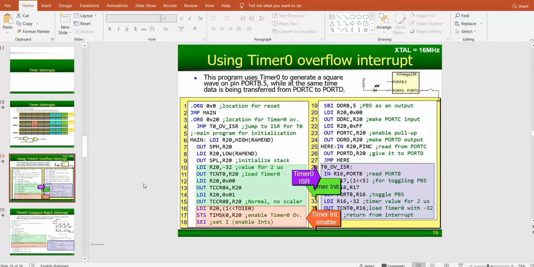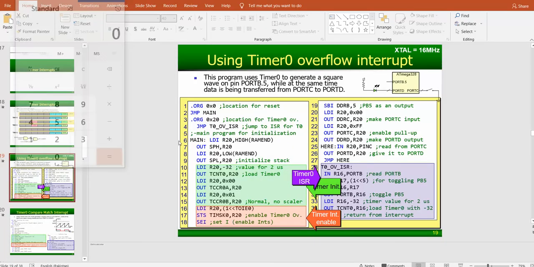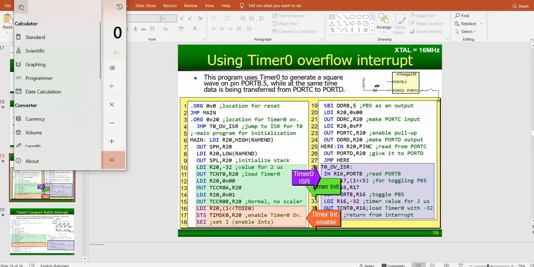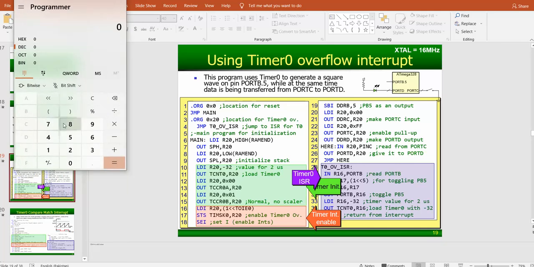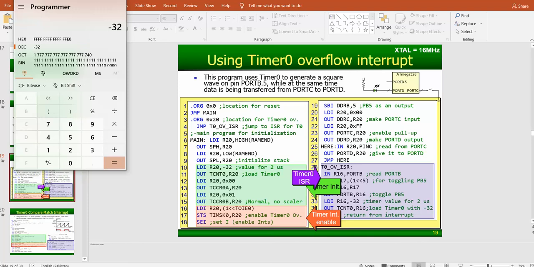I'll tell you. This -32 is actually, if you can put it in hex, 32 negative. In hex, it's actually E0. That's for timer 0. So it's E0. So when it will roll, and if you look at the E0,